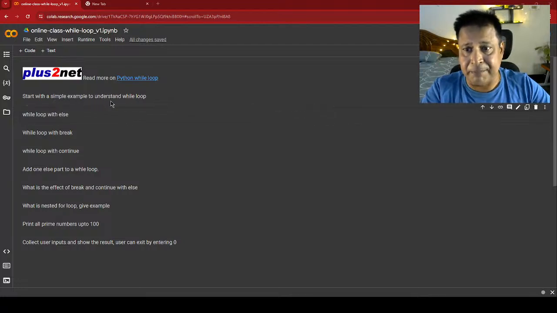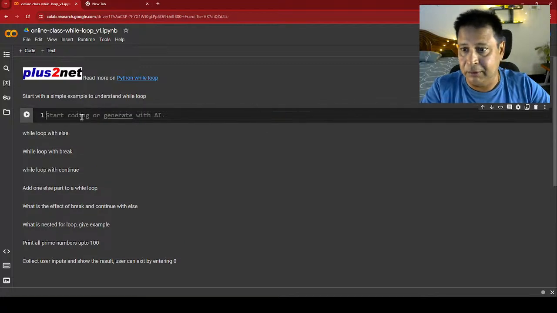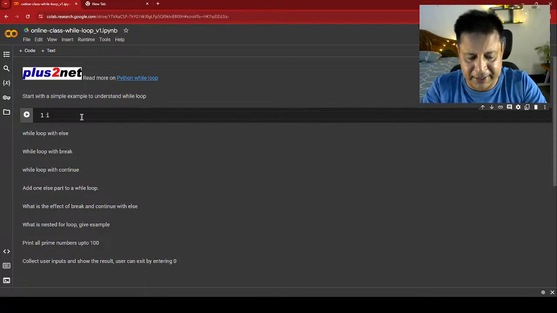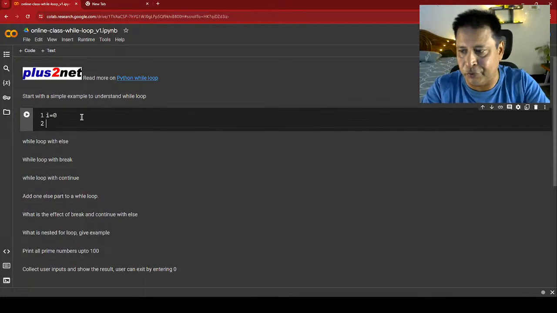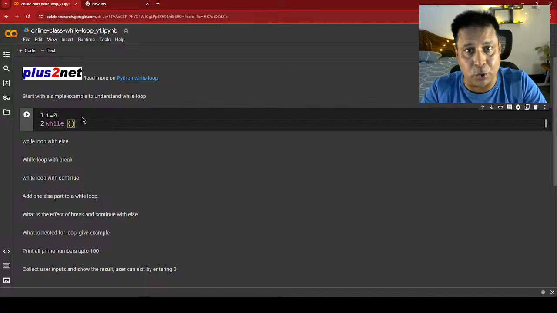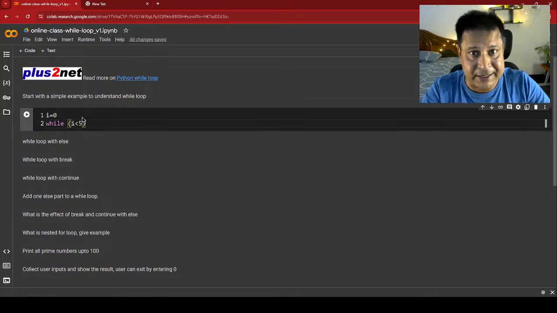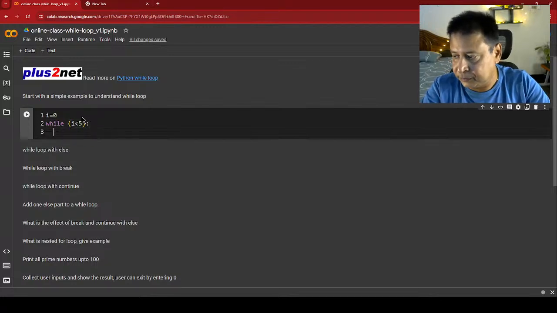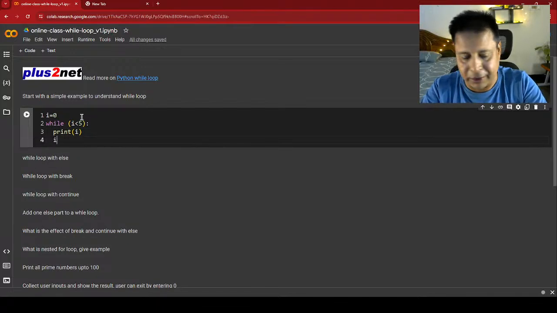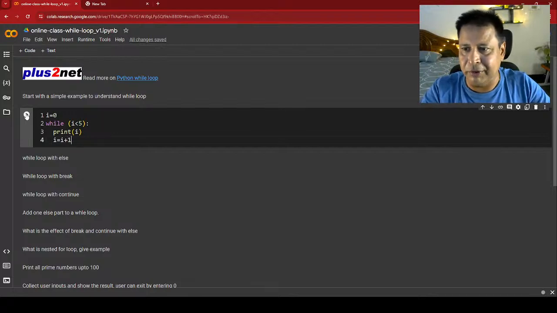Start with a simple example to understand the while loop. Fine, we'll start that. I will add a code block here. Here i is just a variable, and I am assigning it the value 0. Now, while, then the condition: if it is true, then only this code block runs. I am keeping it inside brackets, but it is not necessary. Fine, i is less than 5. In this particular case it is true, because I have set the value of i as 0. Print i, print the value of i. Next, I am going to set i equal to i plus 1. What has happened now? Now if I run this,